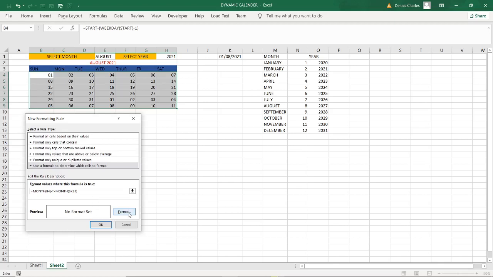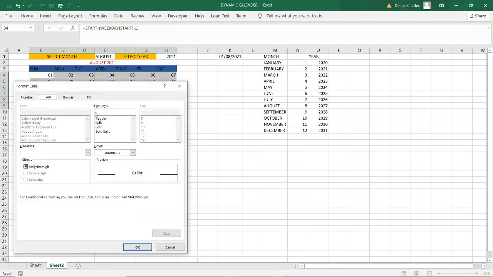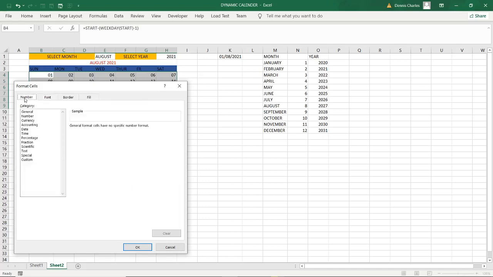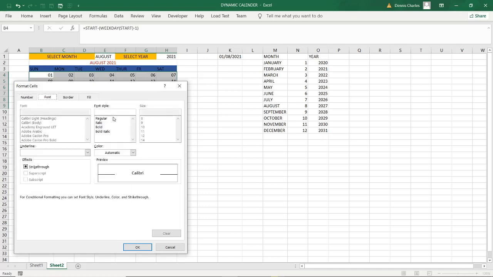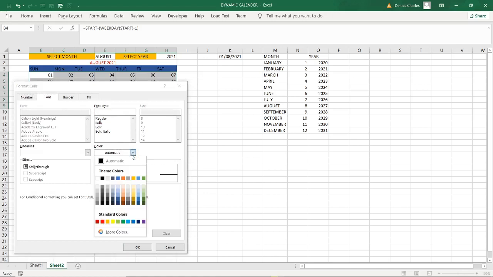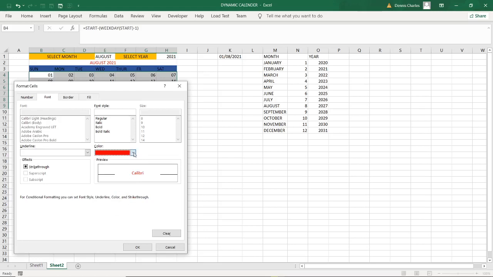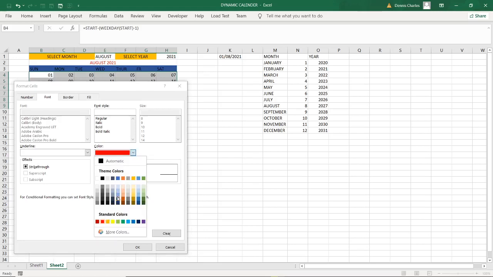Then it has to format to, for instance, the font you want to use. You can use a different color, a font color like that one.